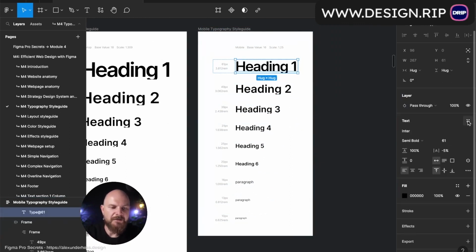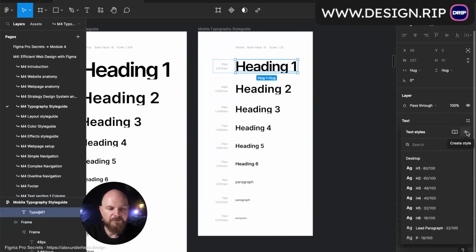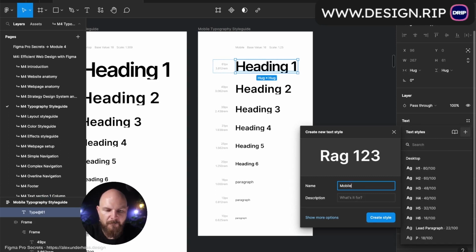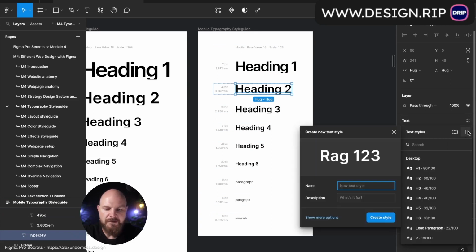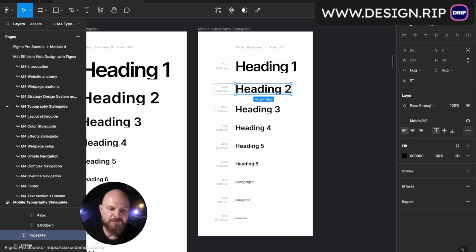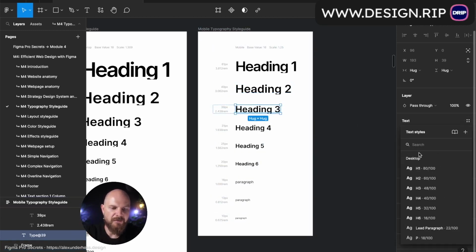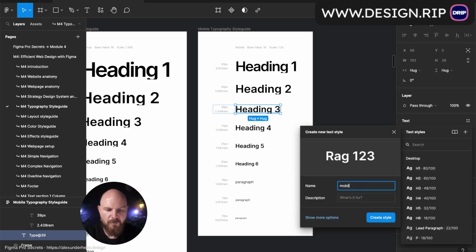And now we will create the same, but for the mobile. Create mobile /H1. Select the second one. Create mobile H2. Just keep in mind that the case of the letters is also really important, because if, for example, I create for the heading 3, the style will be mobile H3,